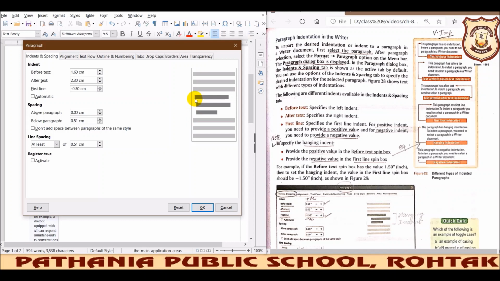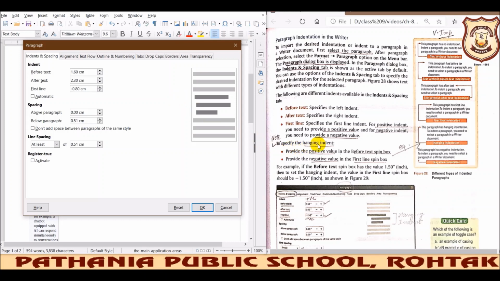A positive indent moves forward and a negative indent moves backward. Only the first line moves forward or backward: forward is a positive indent, backward is a negative indent, but only for the first line.